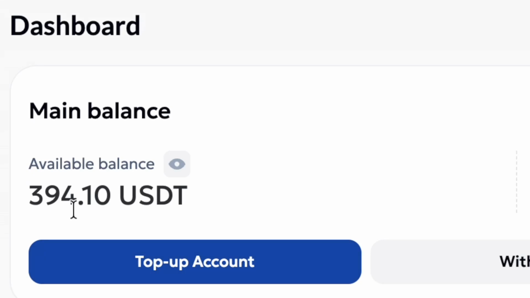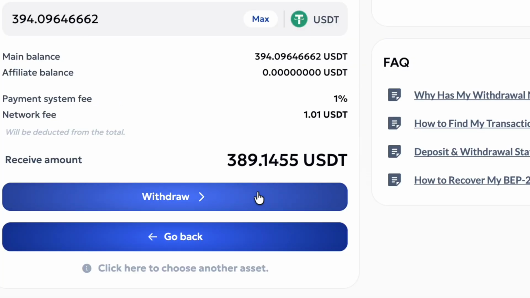So the passive income that keeps on giving, I'm going to do yet another withdrawal. In this account, I'm doing 394.10. So I'm just going to click on the withdraw button. Like always, I'm going to be withdrawing the max. So I'm withdrawing $394. I'm going to receive into my wallet